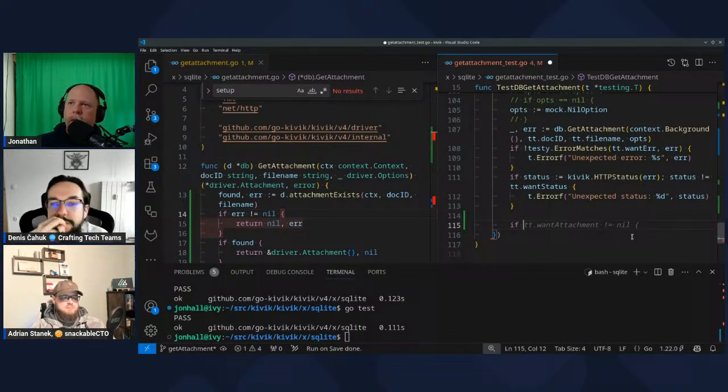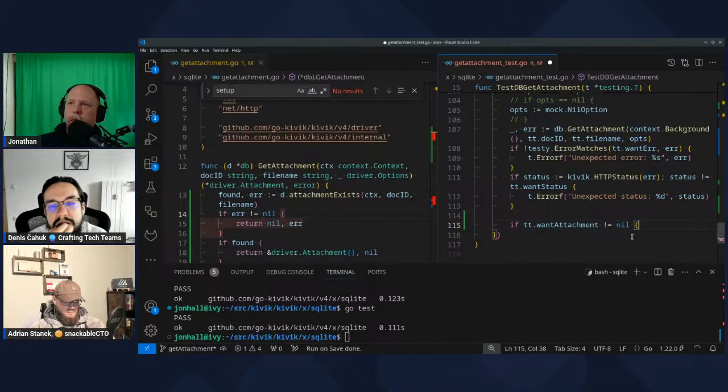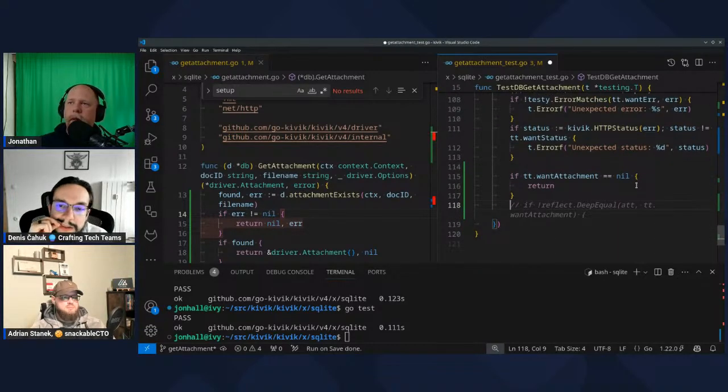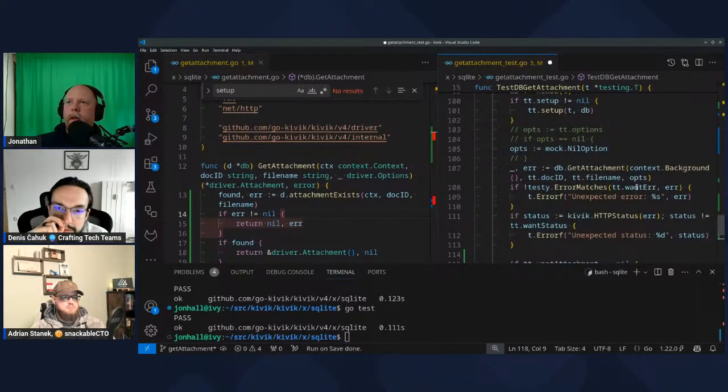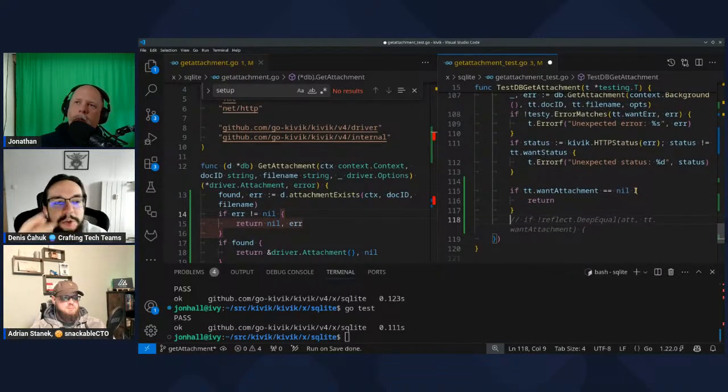Okay. So if we want an attachment, if you want metadata, I'm going to say if it does equal nil, then I'll early return. Otherwise, I'll do the next test. I'm just curious to see the amount of boilerplate necessary to bring our tests to life.